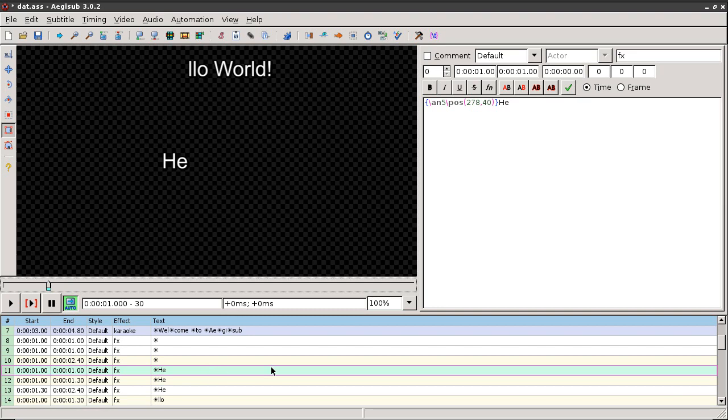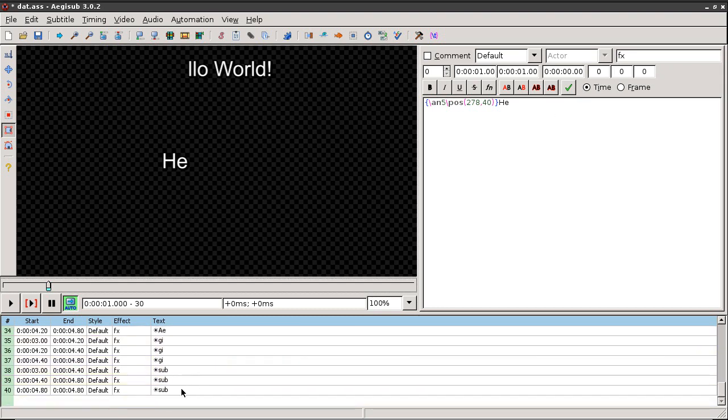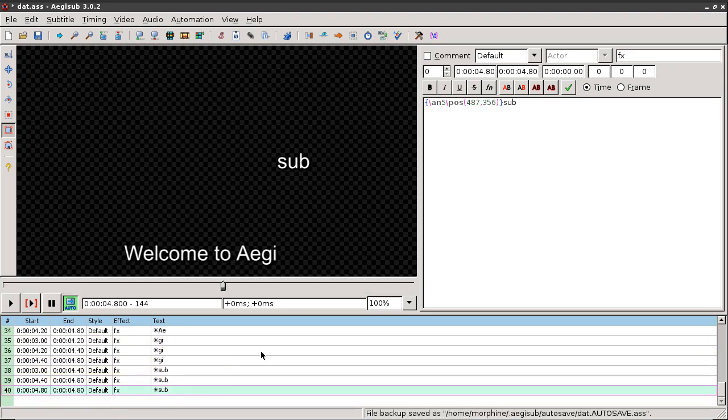So in the start to seal, the duration will be 0. It is the same thing for the seal to end, because the end time of the line is the same as the end time of the last syllable. So you will get a 0 duration.